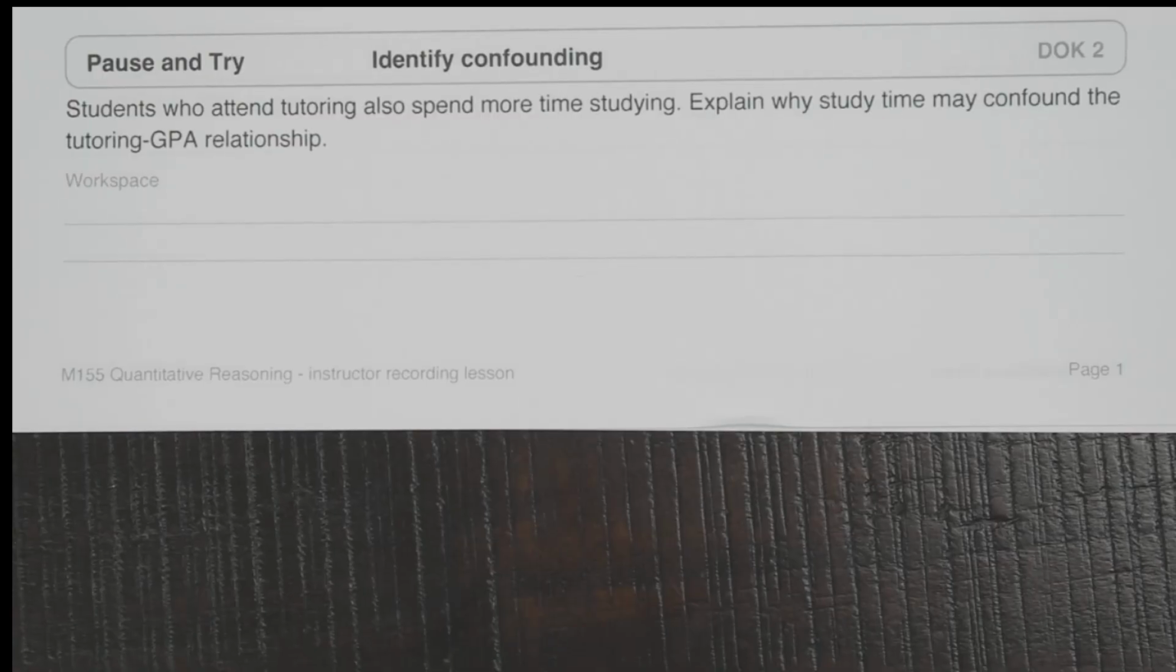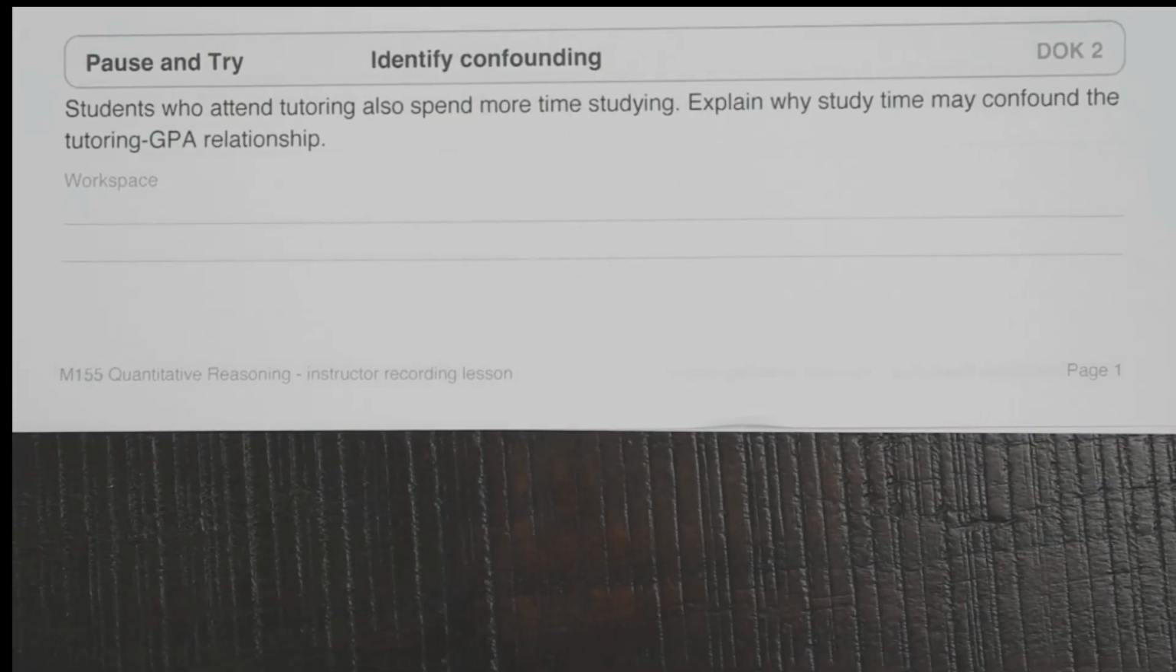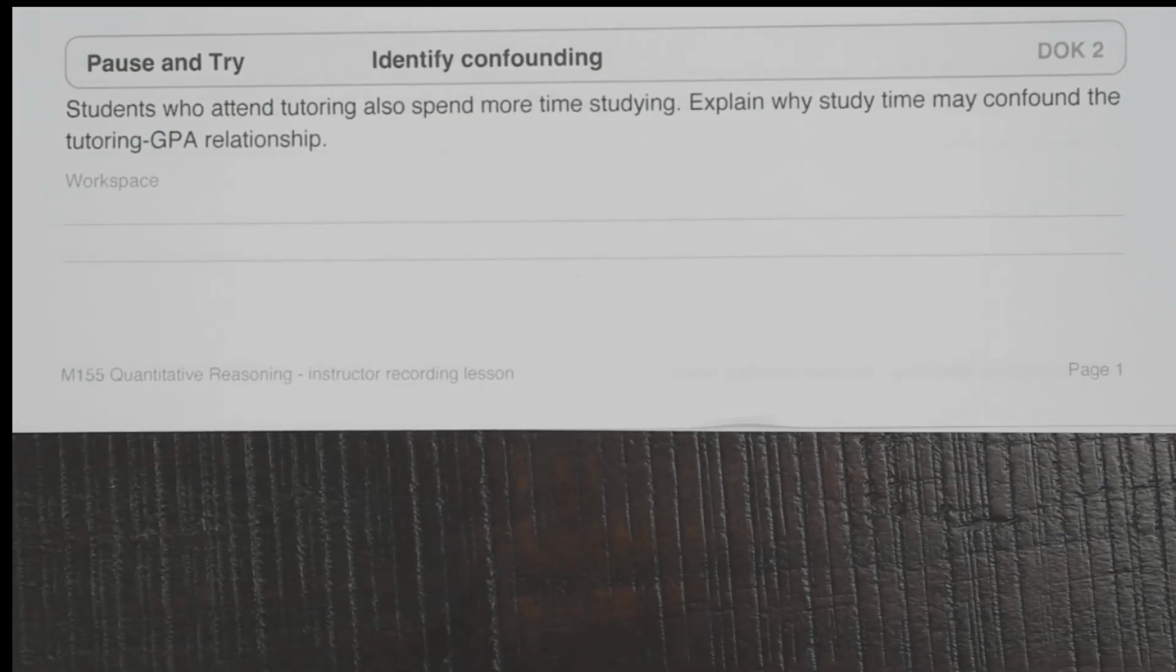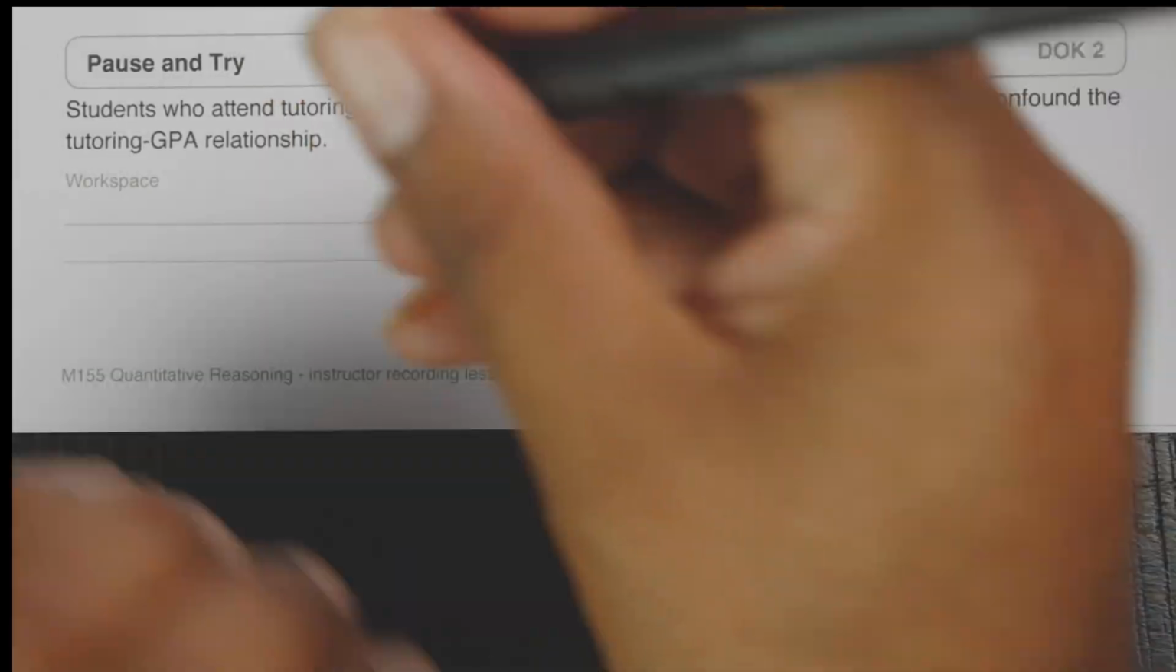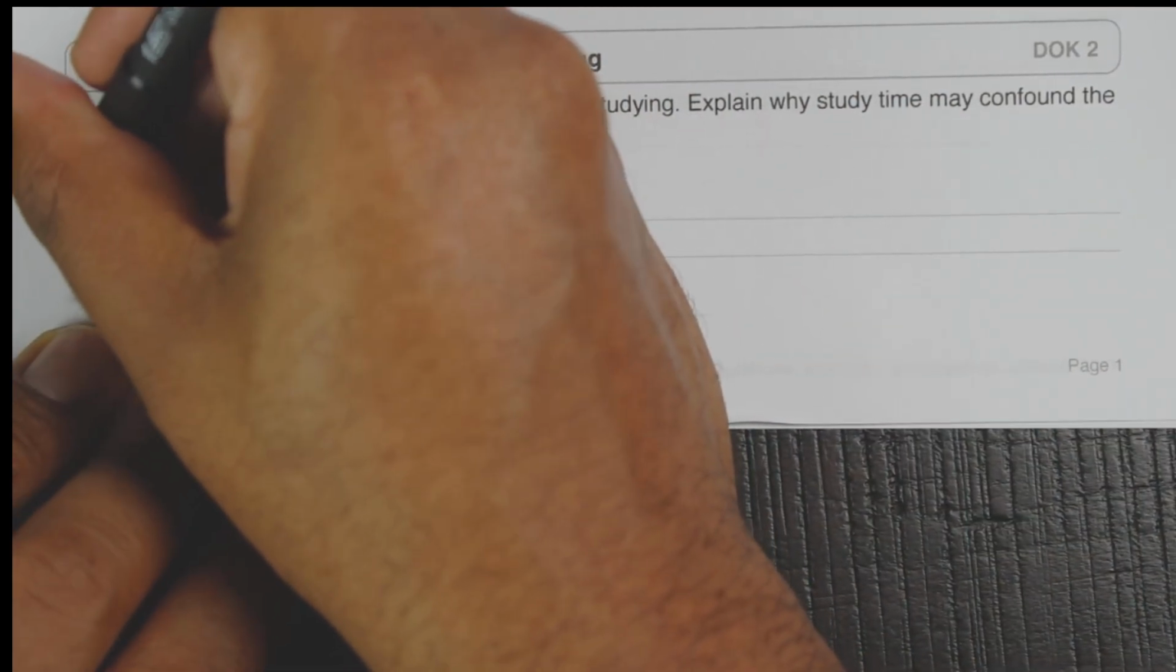All right, here's the pause and try problem. This is identifying confounding, right? Suppose students who attend tutoring also spend more time studying. Researchers notice that tutoring students tend to have higher GPAs. When you go to tutoring, you tend to have a higher GPA than not going to tutoring, right? Researchers have noticed that this is true. Can we immediately conclude that